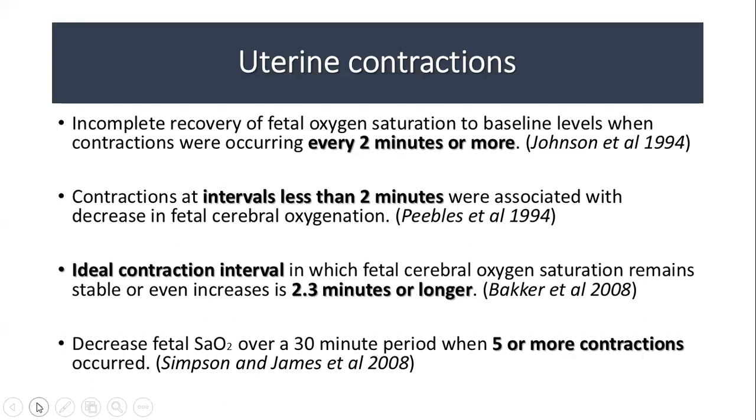We also know that contractions at intervals less than 2 minutes are associated with decreased oxygenation. So again, it comes to the same point. And the ideal intercontraction interval should be about 2.3 minutes. So that means over a 10-minute period, ideally, you should have 2.3 minutes resting time between the contractions. So essentially, you probably need just 4 contractions. And researchers also showed that there's a decrease in fetal oxygen saturations over a 30-minute period when you have 5 or more contractions. So these are key things you need to have in mind when you're assessing contractions and how many contractions and resting tone and the